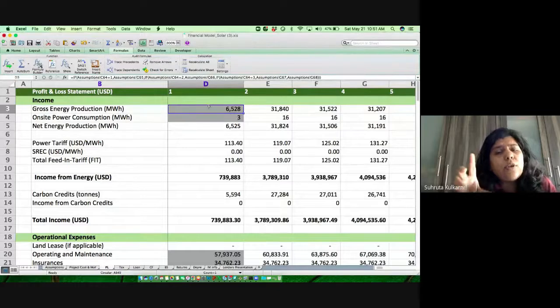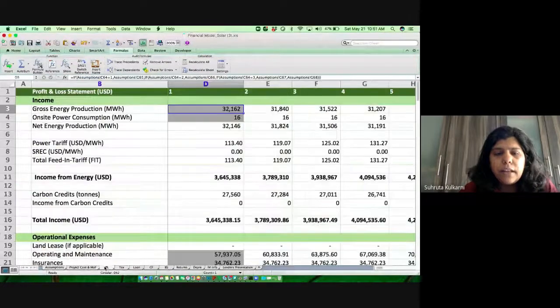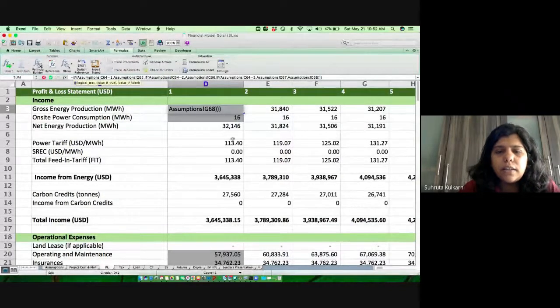So first year is the only year that you need to take this for, because second year onwards you have full operations. It can vary industry-wide also. In some industries, things work only for 6 months, 8 months. Depending upon your industry, you can figure it out. Okay, so I'm going to change this back to 4. This is my first thing, my number of quarters.